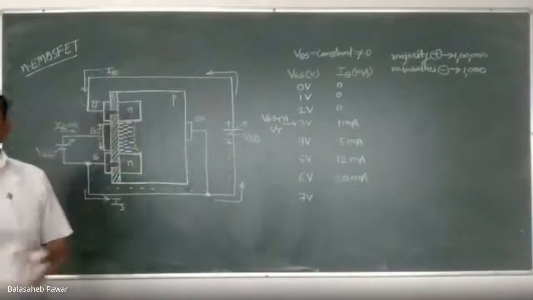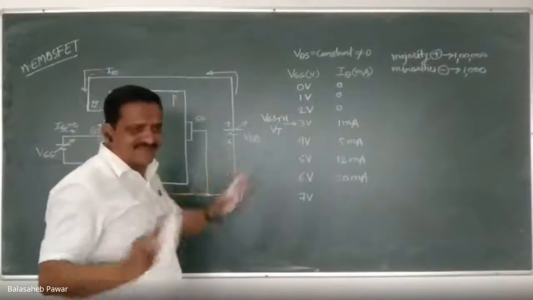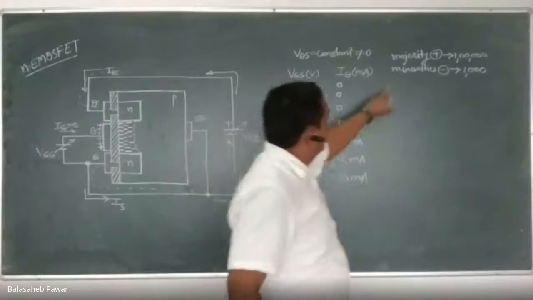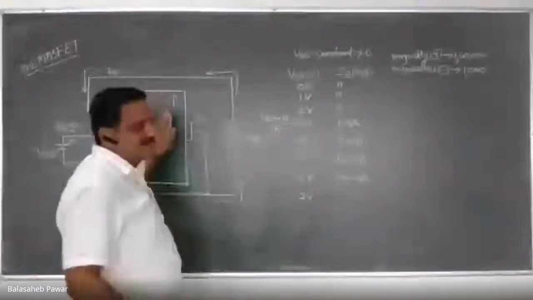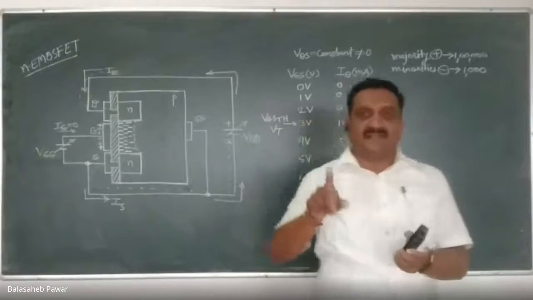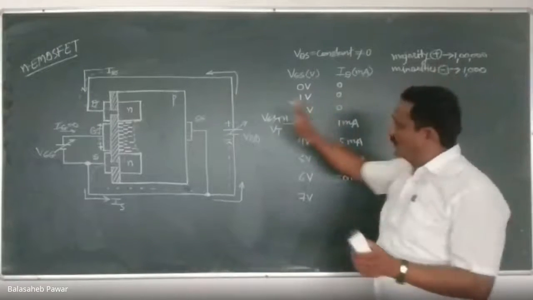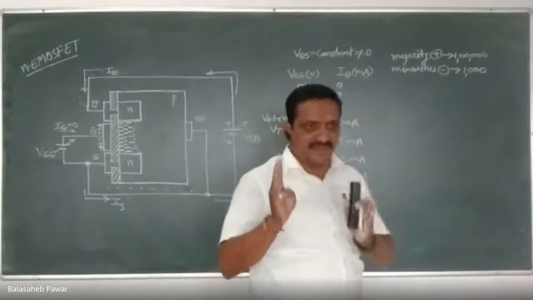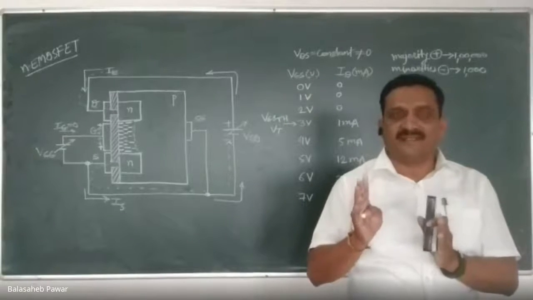Majority charge carriers, that is holes, present in this P type substrate is how much? Just consider, it is 1 lakh, and minorities, that is electrons, available in the same P type substrate is only 1000. As electrons are only 1000, it is known as a minority, which is very, very small as compared to 1 lakh holes. So is it okay? We are taking one example. Are you getting it? Yes, sir.